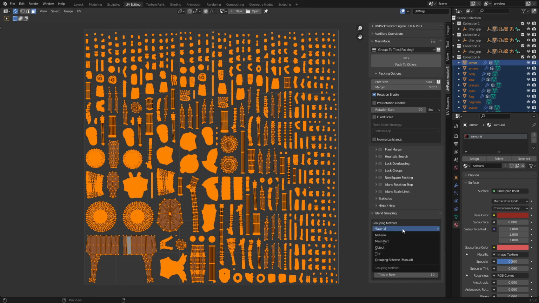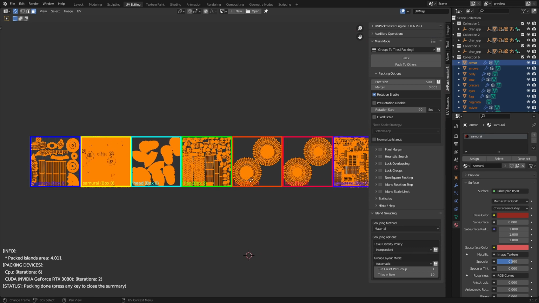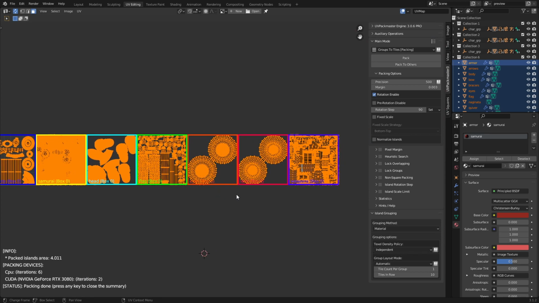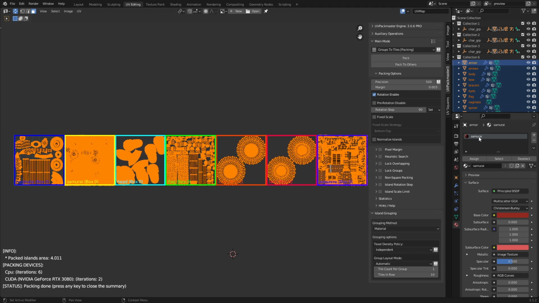So with the grouping methods, we've got the material, the mesh parts, the objects, the tile, and the grouping scheme. Now the first four options that we have are all automatic. So let's just show material, and then I'm going to go pack. And you can see that now it has packed the UVs into each individual material. So for instance, we can see that one of the materials is samurai, and this is my samurai material in